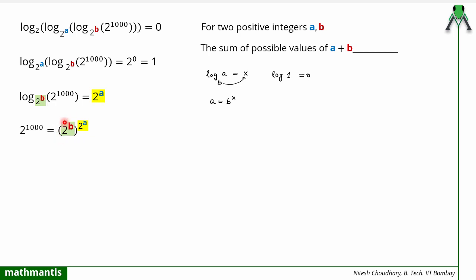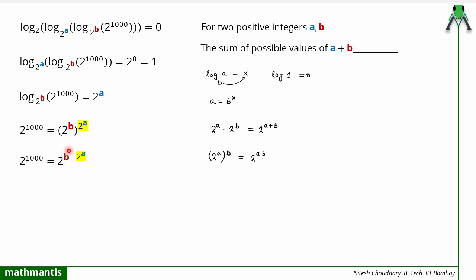Now a major mistake in calculation which most people make is that this is power raised to power. The powers will not be added, they will be multiplied. Always remember this. It is not 2 raised to power a multiplied by 2 raised to power b; in that case the powers would be added, giving 2 raised to power a plus b. It is 2 raised to power a, power b, so they are multiplied: 2 raised to power ab. This is an important step where most people make mistakes.